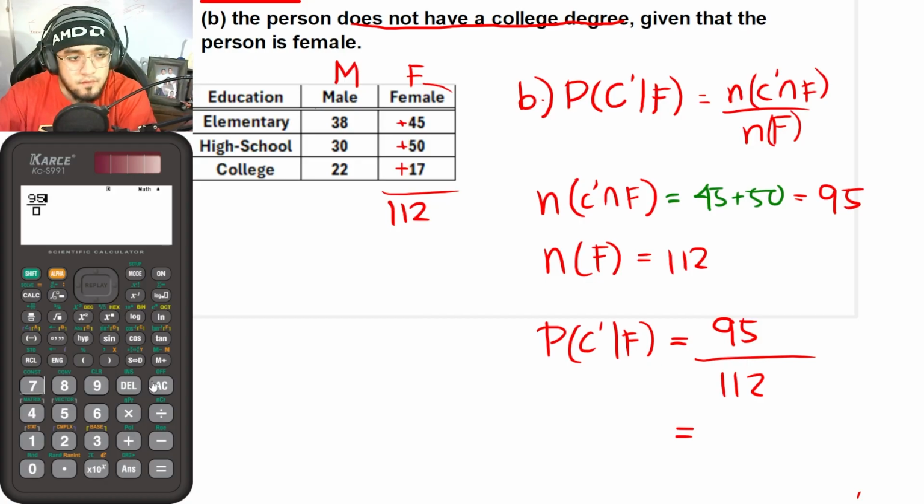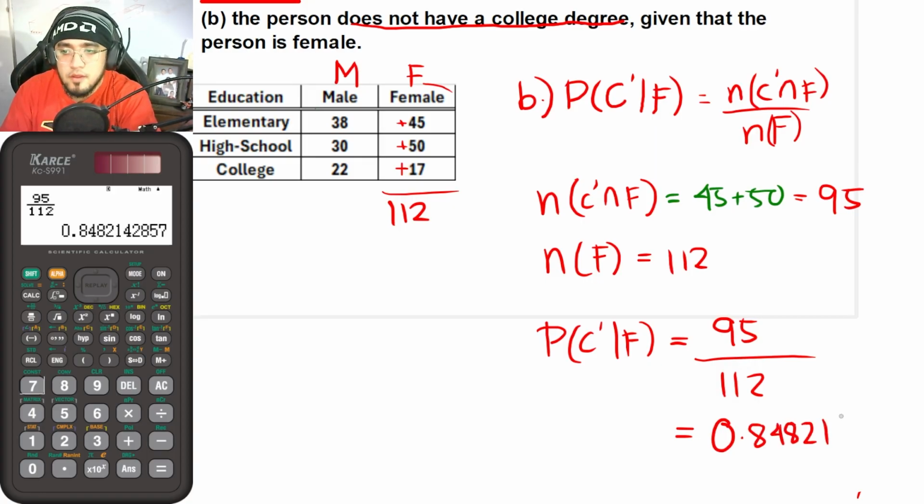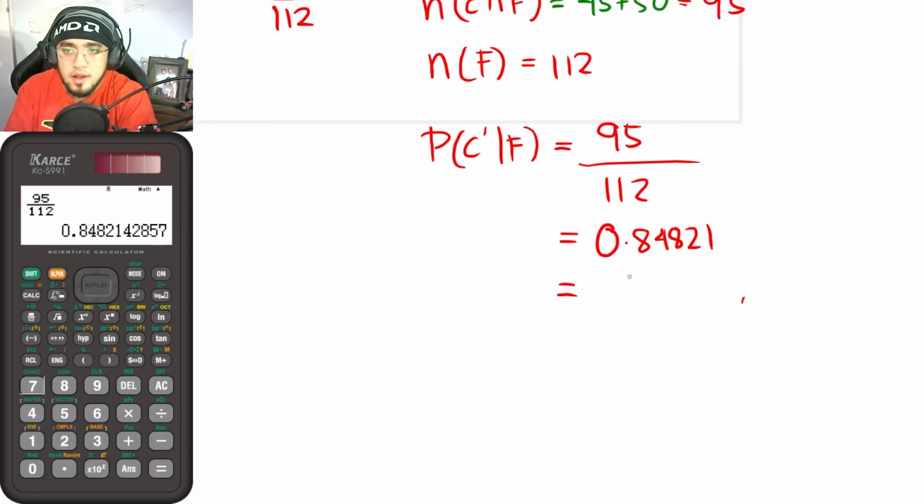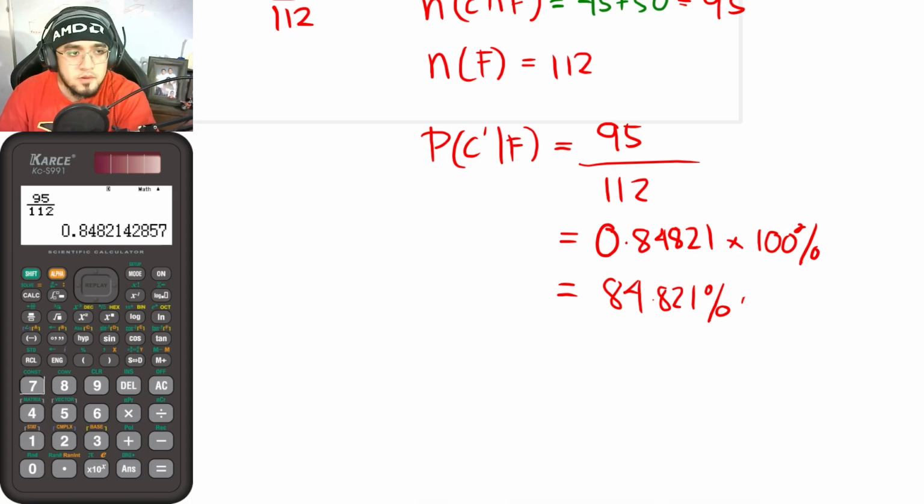So 95 over 112. Our answer here is 0.84821. Or this can also be written as 84.821% if you would be multiplying by 100% here. Okay, so that is